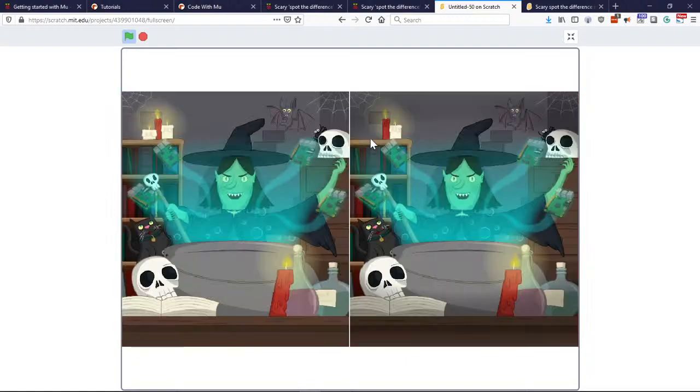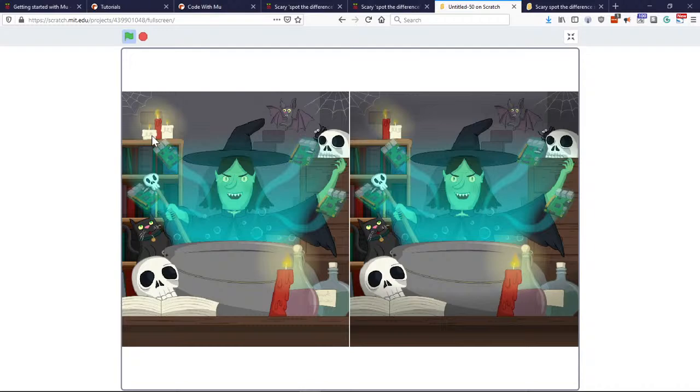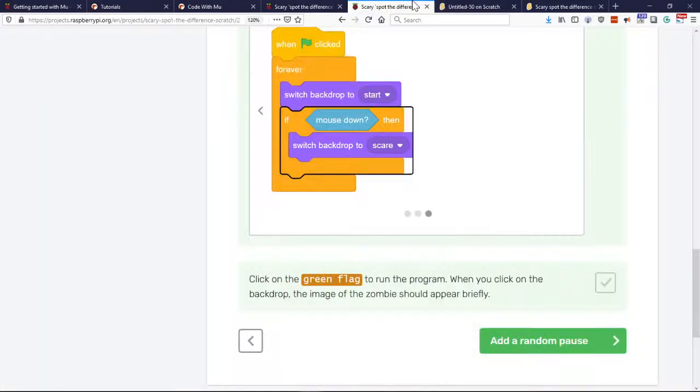That's kind of funny. That's a really great effect because it is going back to the original, and only when I click down, holding the button down, does it show the zombie. But when I let go of the button, it goes back. That's kind of funny because it's like, oh, what was that? I don't know, just keep playing the game. I think this is different here. So yeah, that's kind of funny. Okay, so